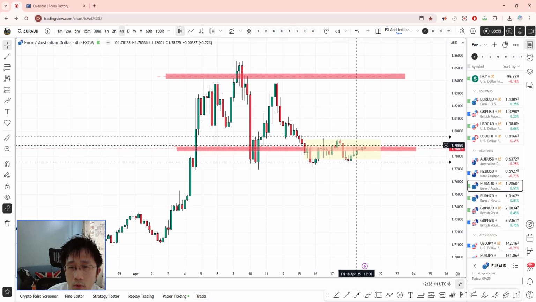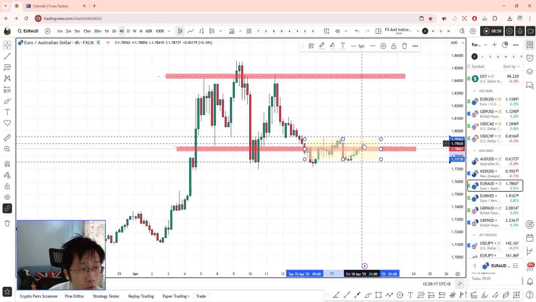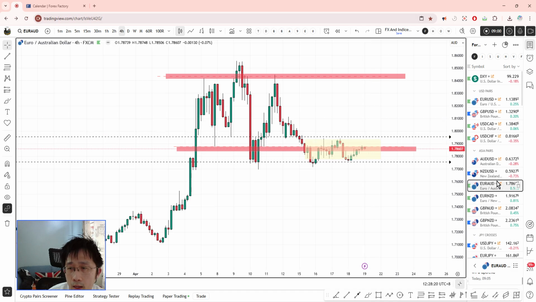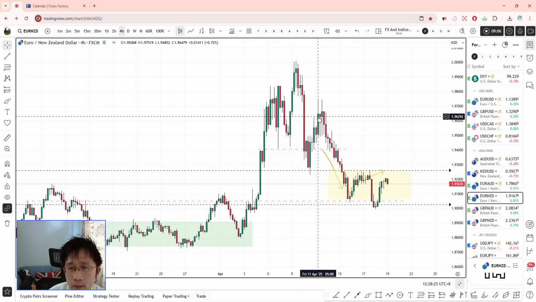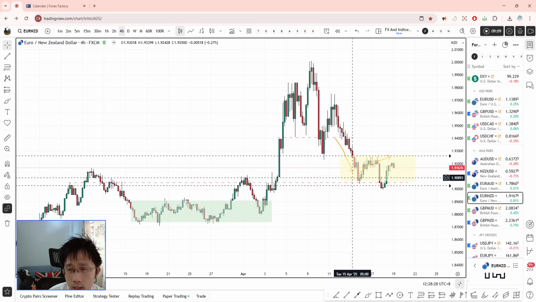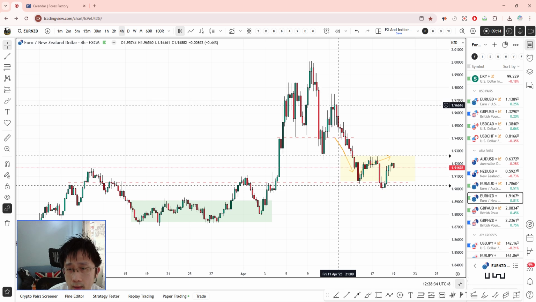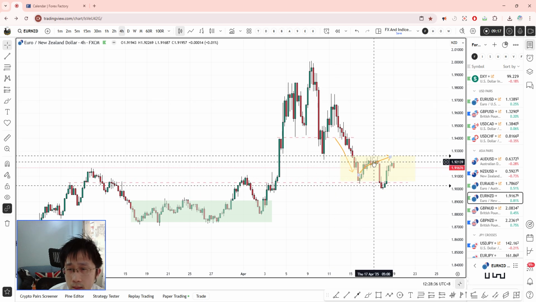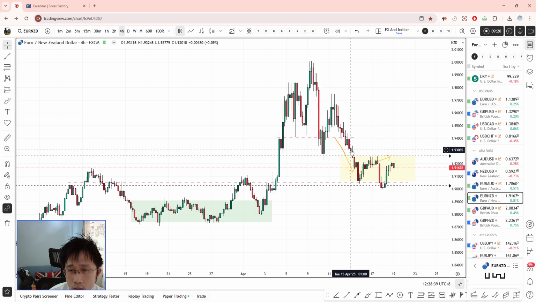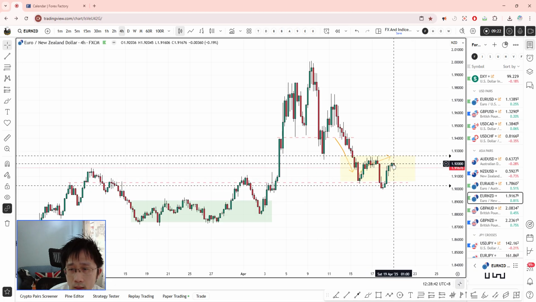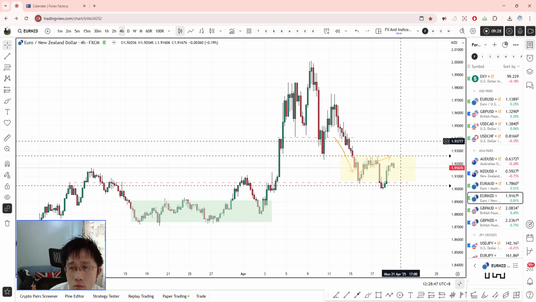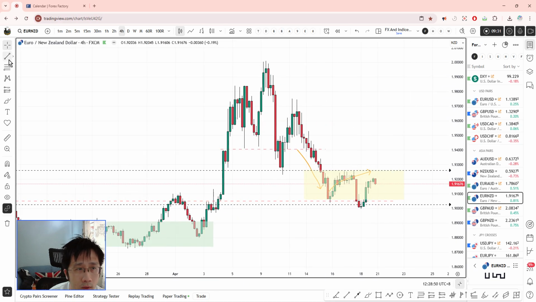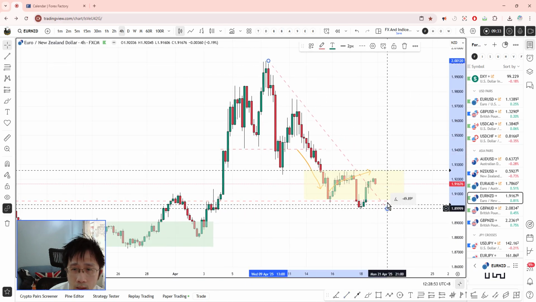And for myself, I will be more biased to go long on the euro Aussie. As compared to euro New Zealand, I will also take a look. But like I mentioned, last week it actually had a lower already on the H4. And then it came down last week. And I think I only took a shot over here. Yeah, took a shot here. And after which it came down and it bounced out again. So right now over here, it could be a bounce to reverse the temporary downtrend.